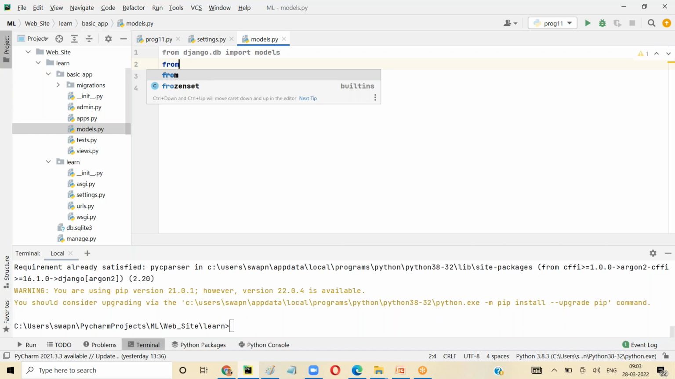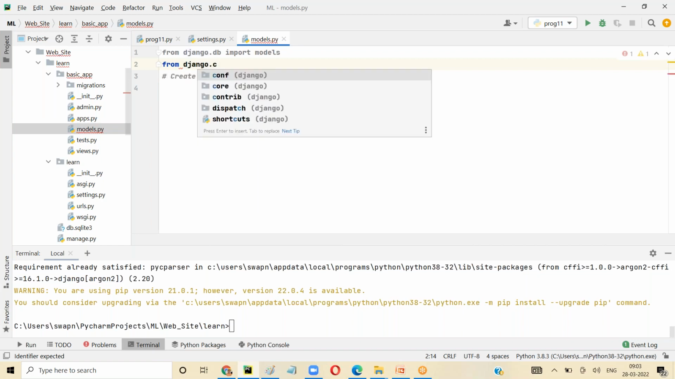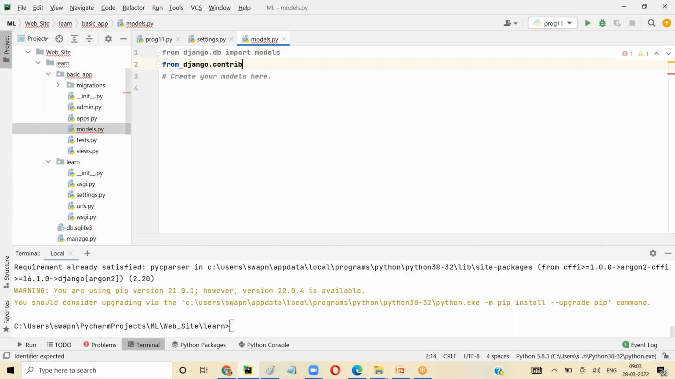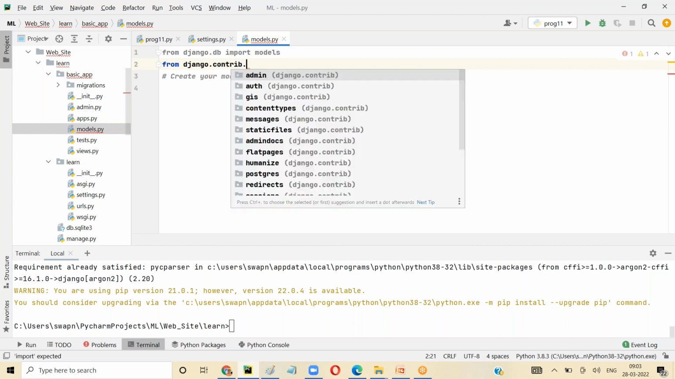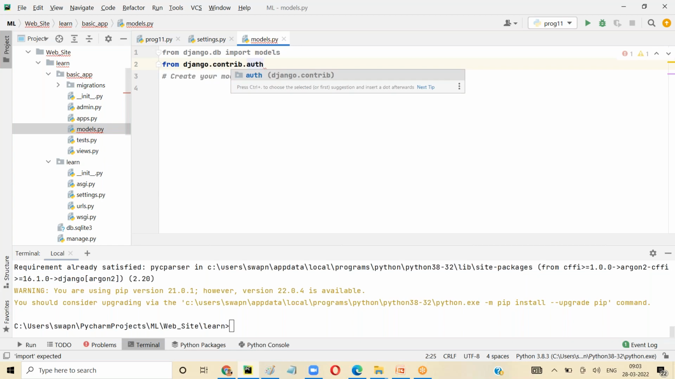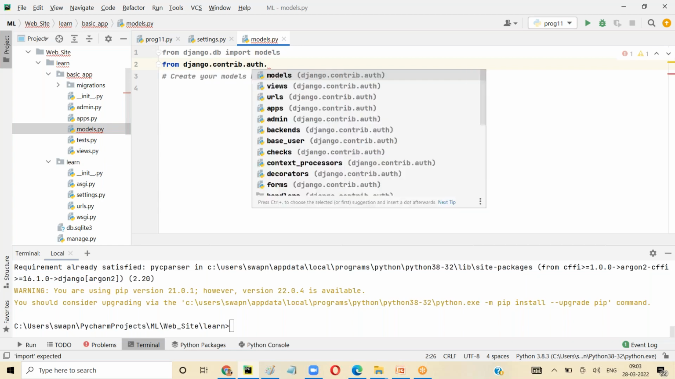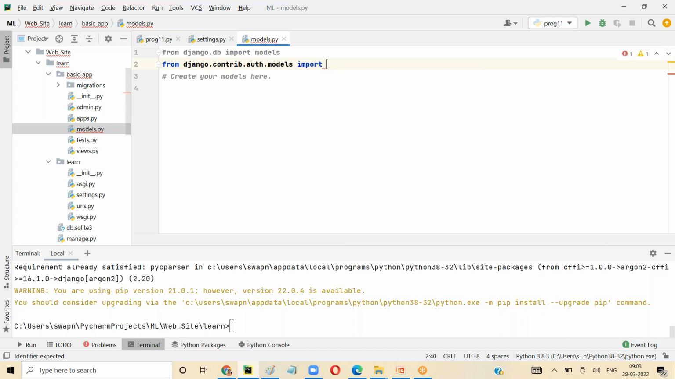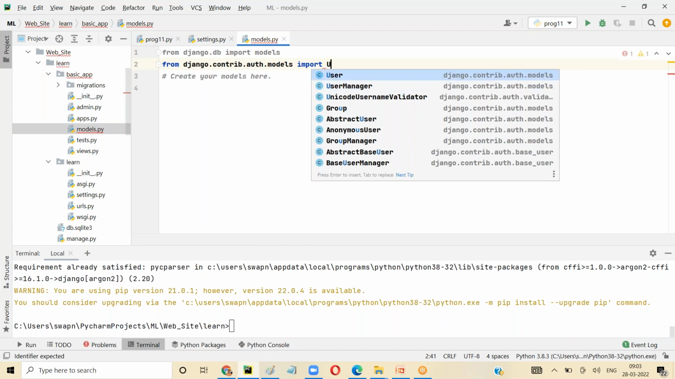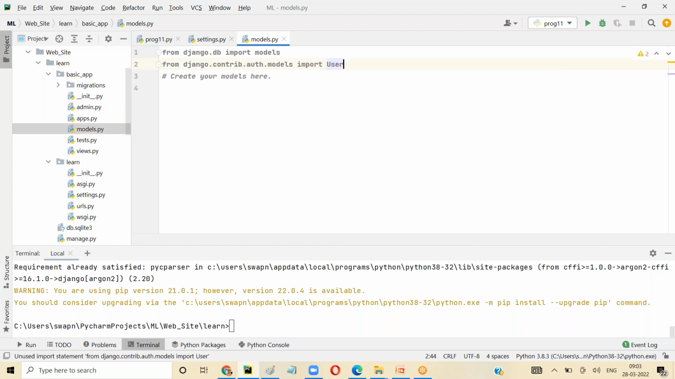So I'm going to say from django.contrib.auth.models import User. Okay, so I'm going to import the user from the auth models. We already have an auth model, the admin model. Now we will create our own